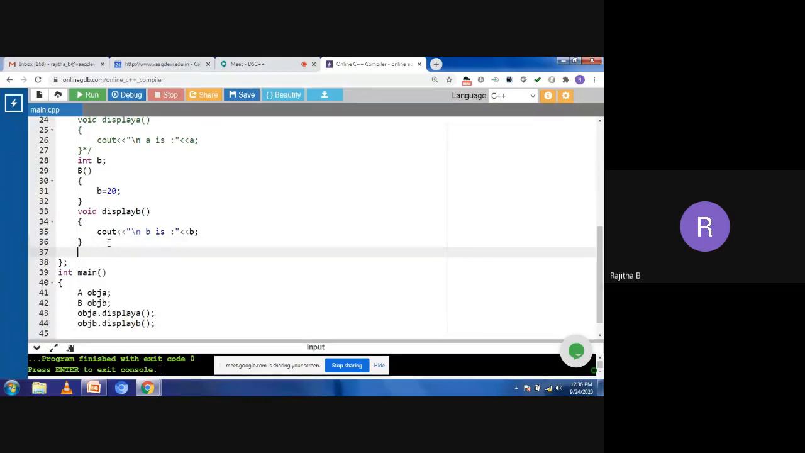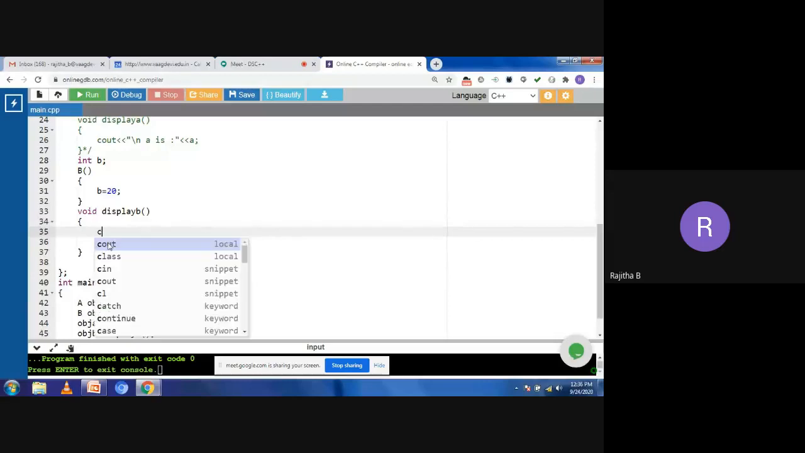Because I'm accessing the A class data member into the B class, I can use that A data member into the B class. Simply, if you want to check whether you are accessing the A class data member or not, just go to the display function and display the value of A. So A is here,